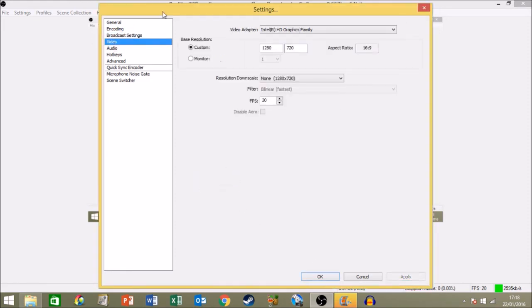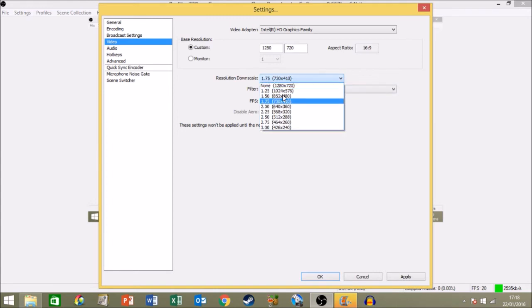Okay, so the next thing you want to do is, I have a laptop, so I'll have a 1280 by 720, and if you're having a bit of lag, you could downscale it, but that is, as you can see, it's not HD, so I leave it at that. And frames per second, you could put it to 30,